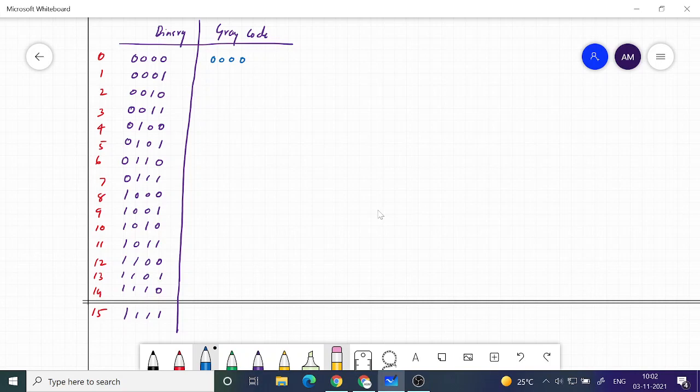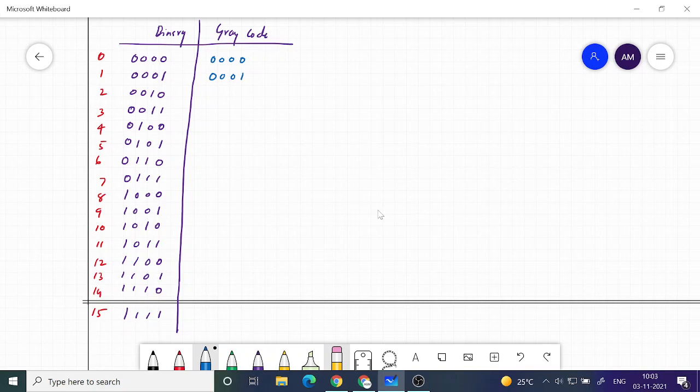Now the condition is that when you proceed to the next number, we will only change 1 bit, which is true here also. In the binary code we only changed 1 bit, so 0 0 0 0, and preferably the least significant bit, such that no code is repeated. That is the constraint. When you change only a single bit, make sure that you don't repeat an earlier code which is already assigned to a particular number. For example, 0 is assigned with 4 zeros, and we changed 1 bit, we got a new code which was not earlier assigned. So this is the code for 1.